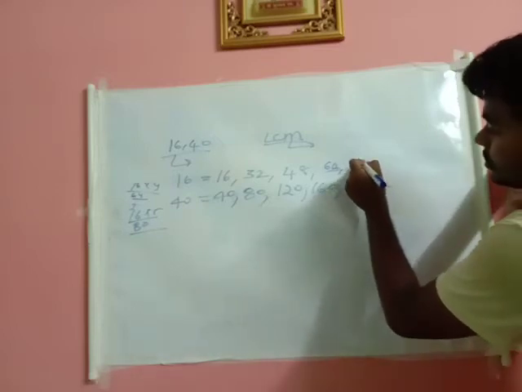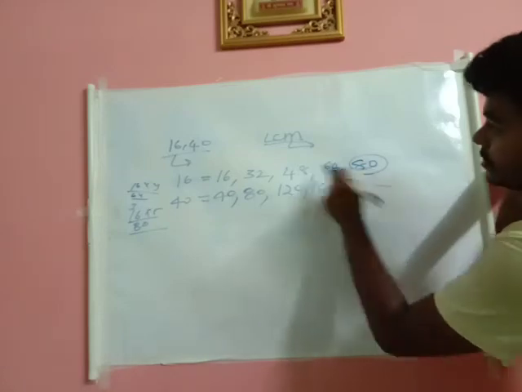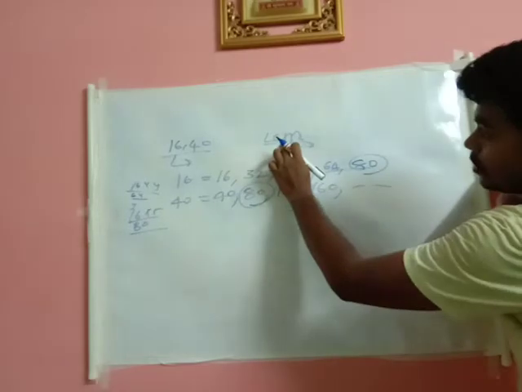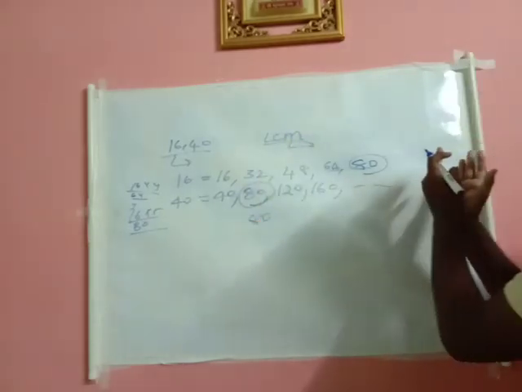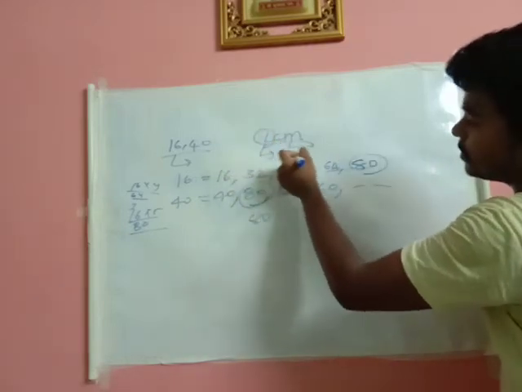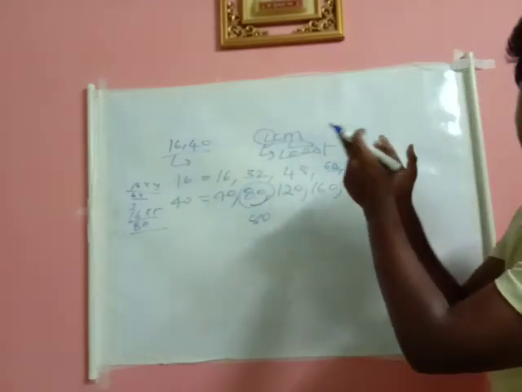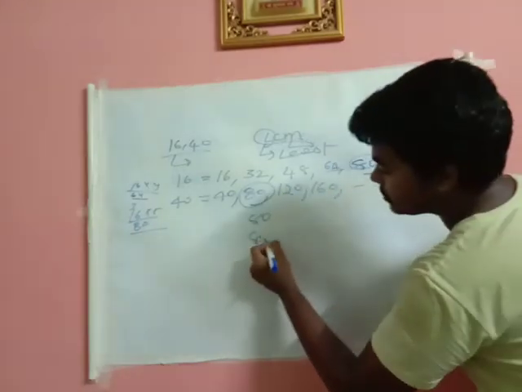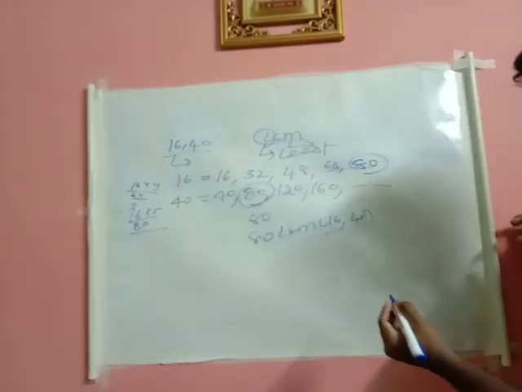Right, here it is. 16 fives are 80. So 80 is a common multiple. You will have a lot of multiples like this, but no need to do all that, because here they are asking for the least common multiple. Least means the smallest. In HCF you take the highest common factor, and here you get the least common multiple. So 80 is the LCM of 16 and 40.